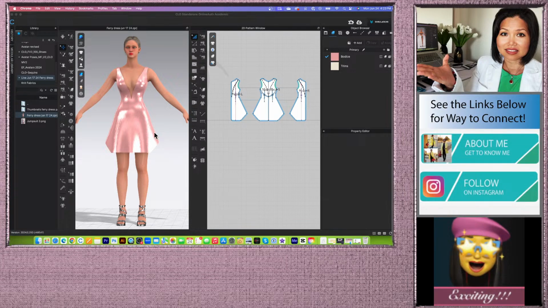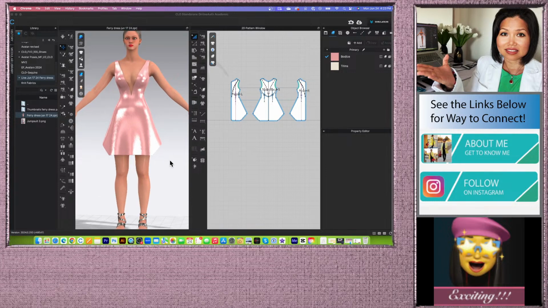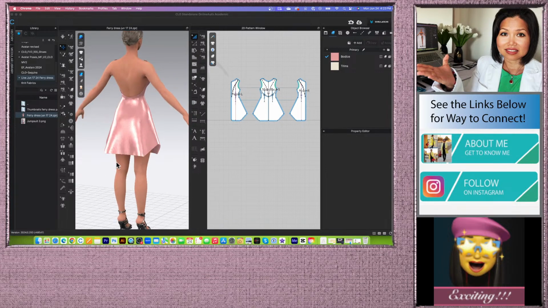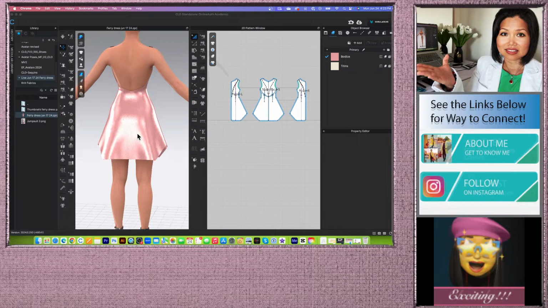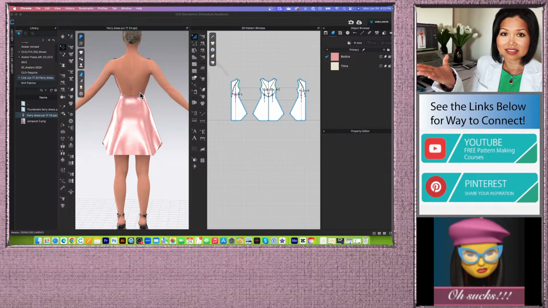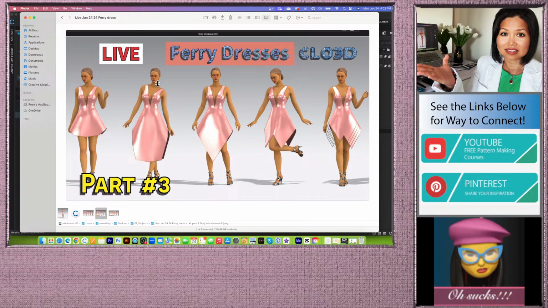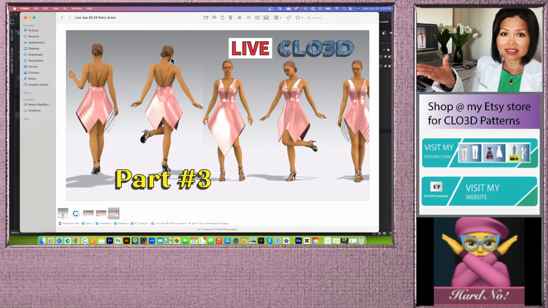Alright, so this right here, if I rotate her to the back, this is the back of the dress, and I'm going to apply sequins. In fact, let me show you the finished dress here. If I look at her back dress here, alright, so this is non-realistic,